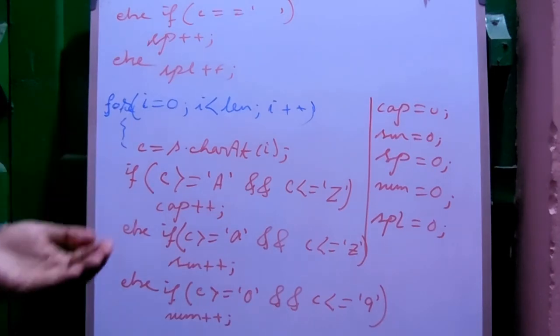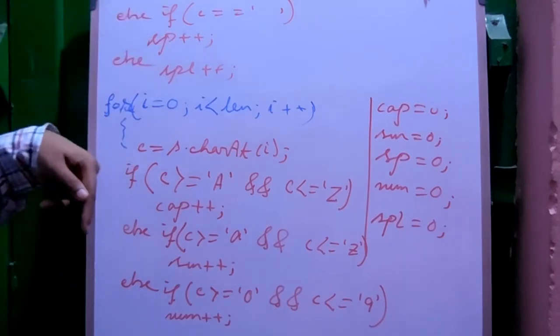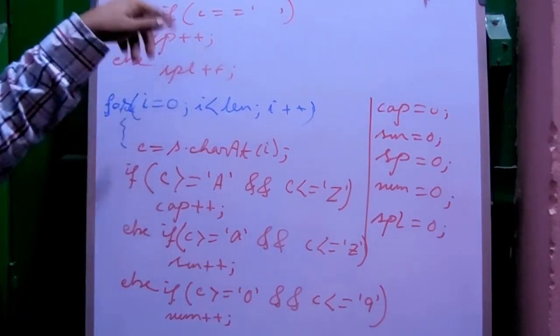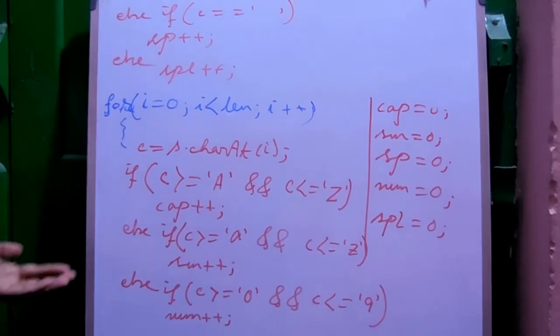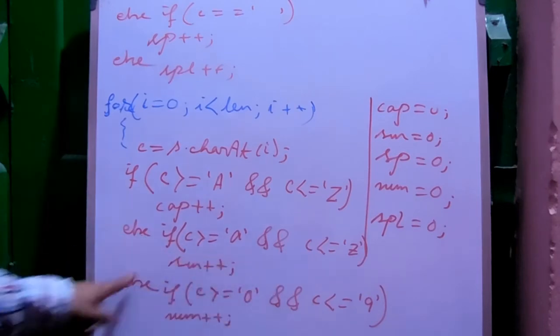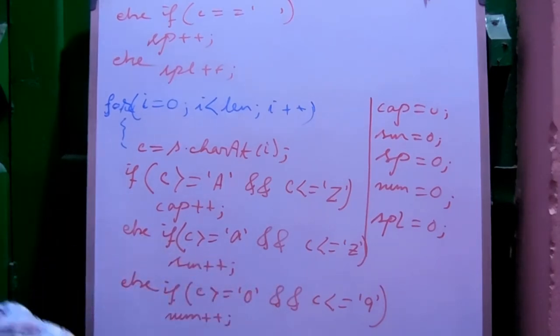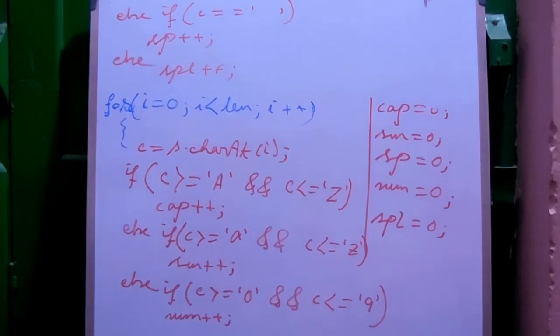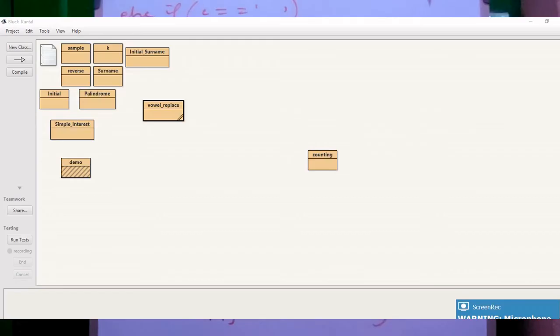So from this full program, in the exam whatever you are asked, you will follow only that much part. In the app, space has not been asked to print, so obviously these 2 lines, these 2 statements, are not there because space is not asked. Similarly, suppose number has not been asked, everything else has been asked, but the number has not. So what will you do? You will follow this statement, this statement, but these 2 lines you will not follow. Understood? So according to the program we will apply the conditions, and with those conditions the counter part also we will give. Okay, so now move to the screen.